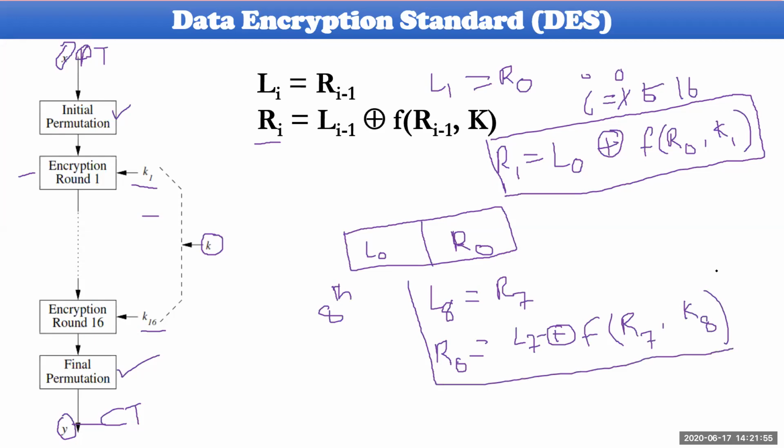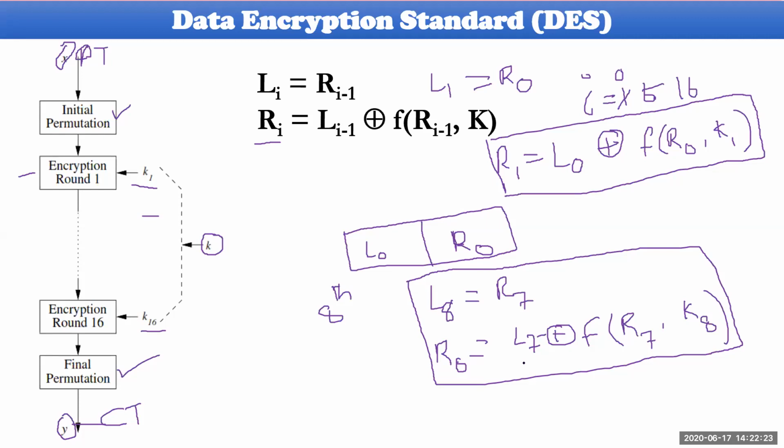So at round 8, the key number will be 8, and the inputs for L8 and R8 will be R7 and L7, and you follow the rules. In this way, you have to follow and evaluate this for each and every round. I have already told you we will evaluate step by step, not continuously, step by step.